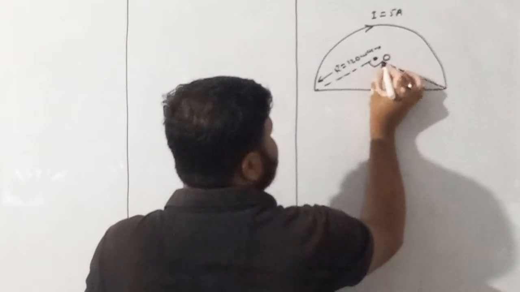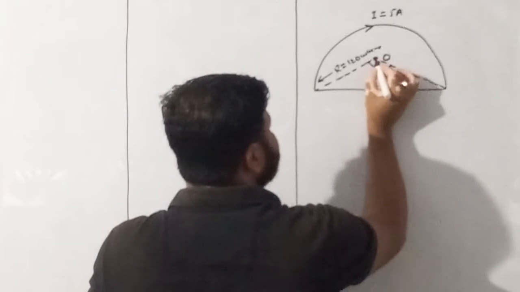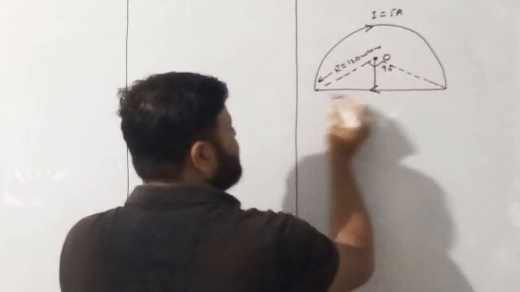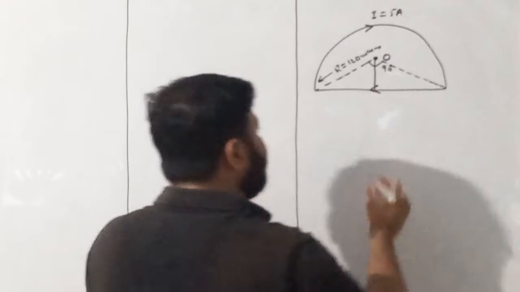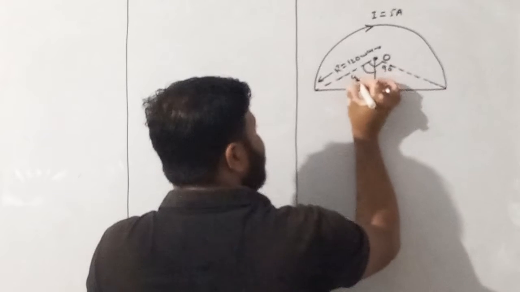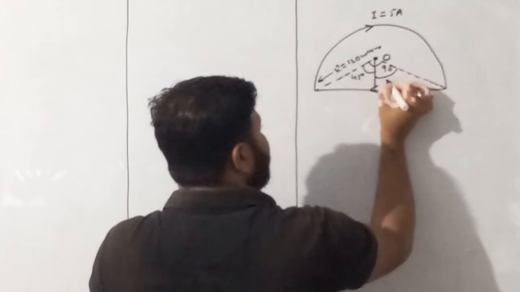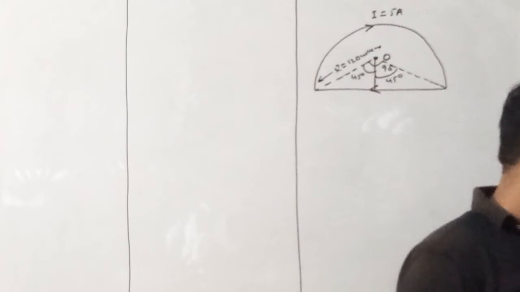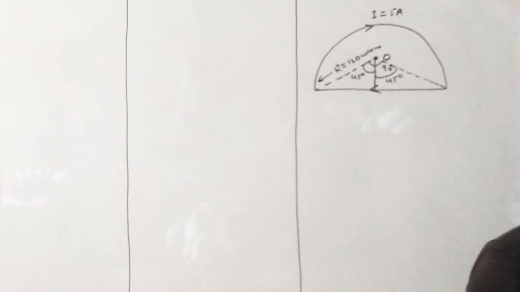Now see, this angle must be 90 degrees if we consider it, and if I'm standing here, this is basically a finite length wire, so we have to make an angle of 45 degrees. Again here also it is 45 degrees. I hope you all are understanding. So let's suppose the distance is A. We have to find this distance next.